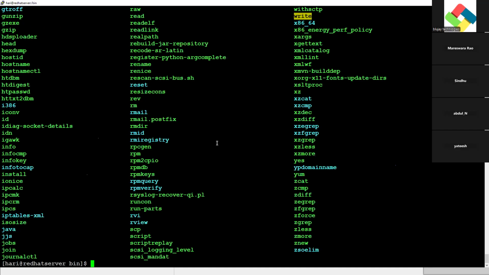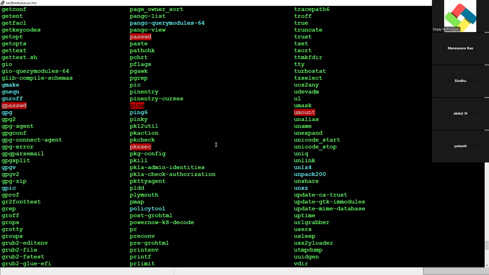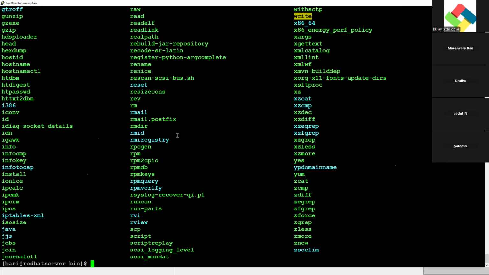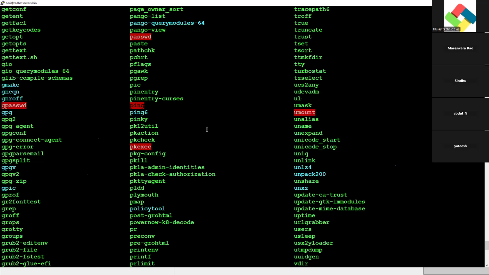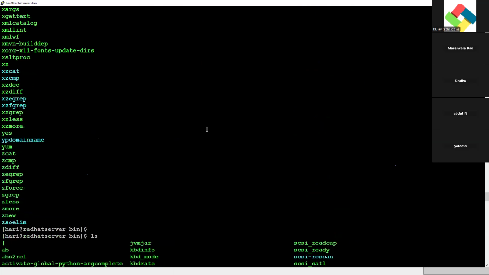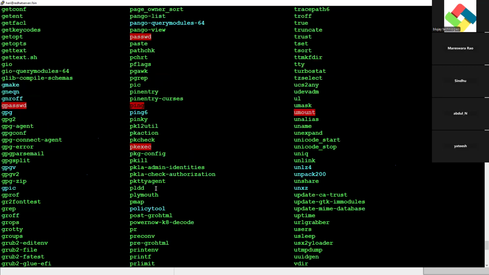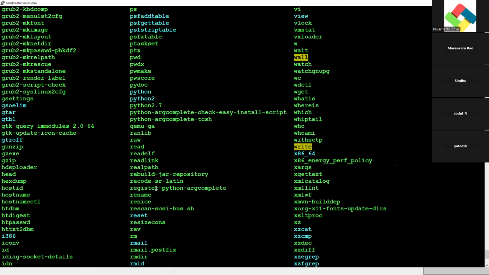ls. You see what that is? The ls command, the pwd command. This is the pwd, cd, mkdir.